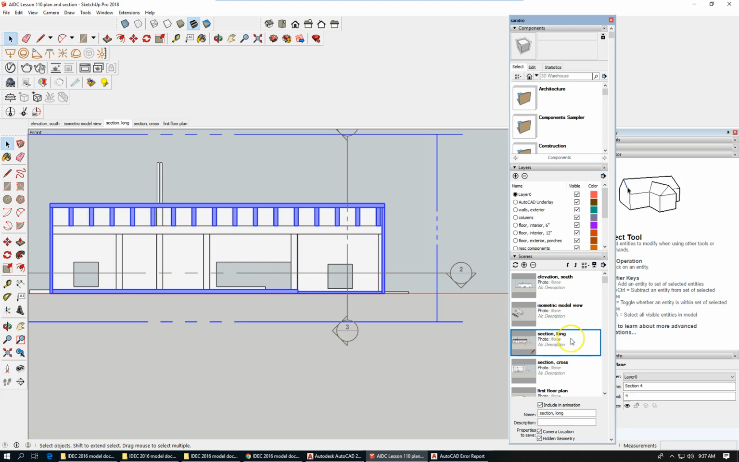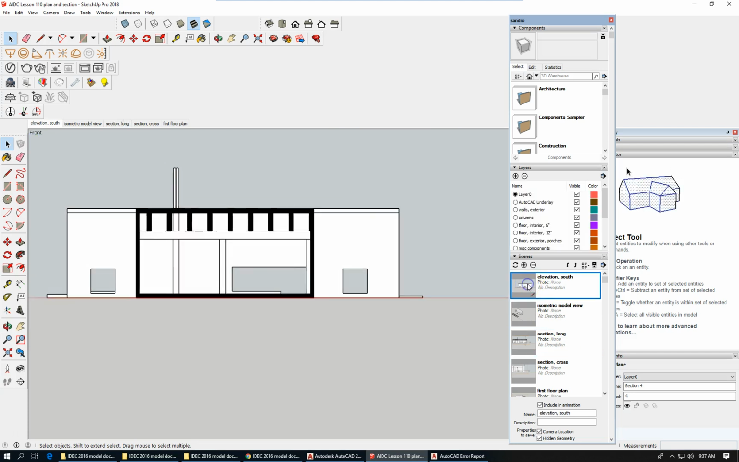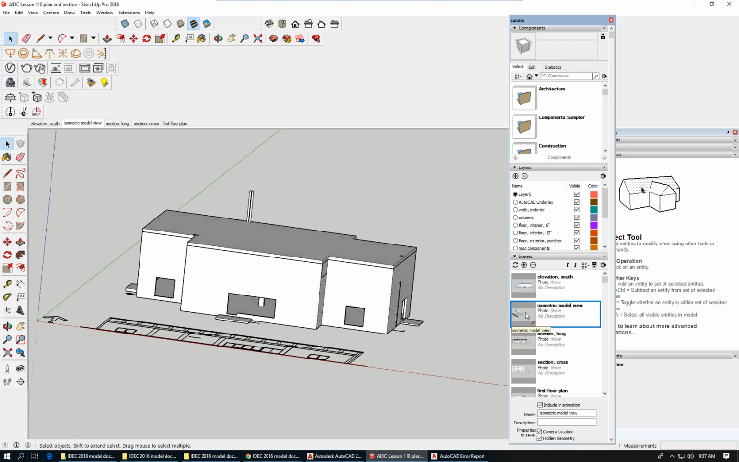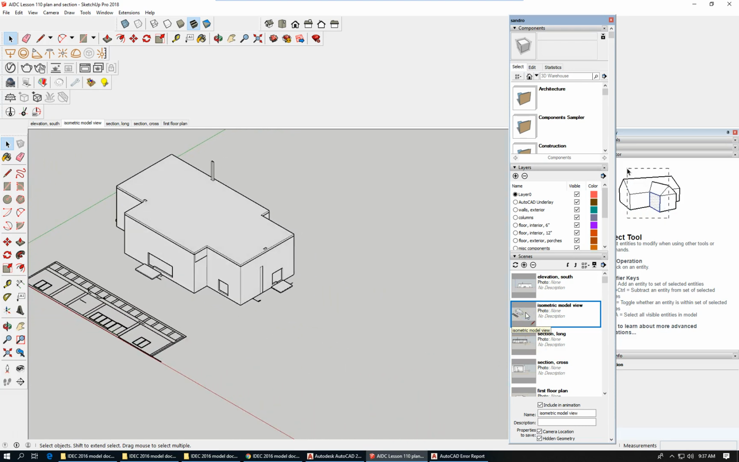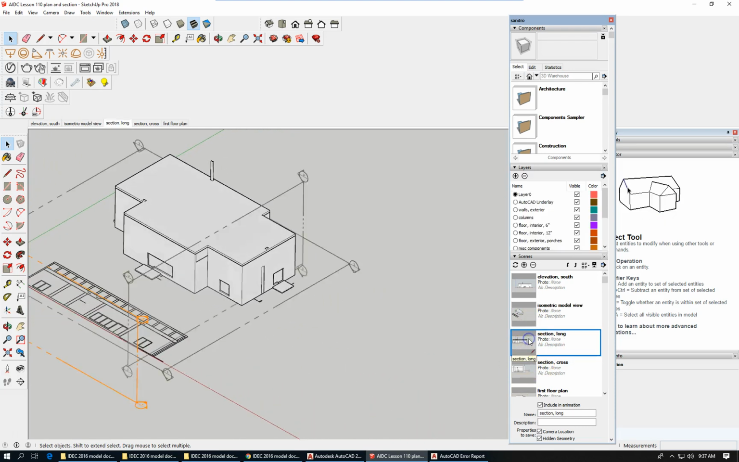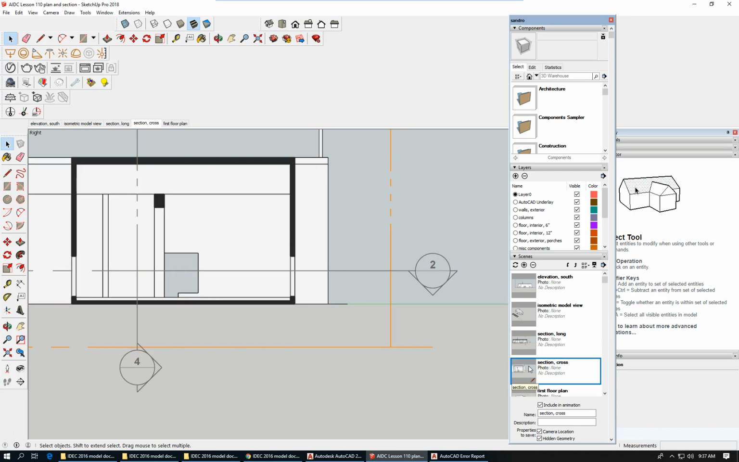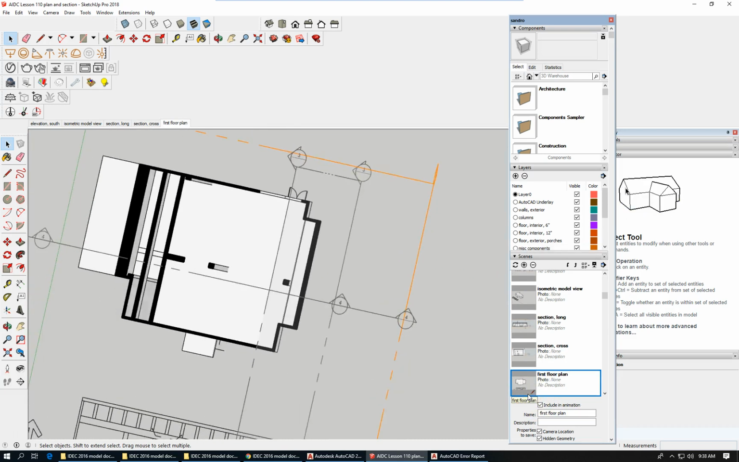So now, to recap what we've done, we have a south elevation. So we're looking at the building from the outside toward its south face. We look at the model isometric view from that side. We have a sectional view the long ways. We have a section view crossways. And we have a first floor